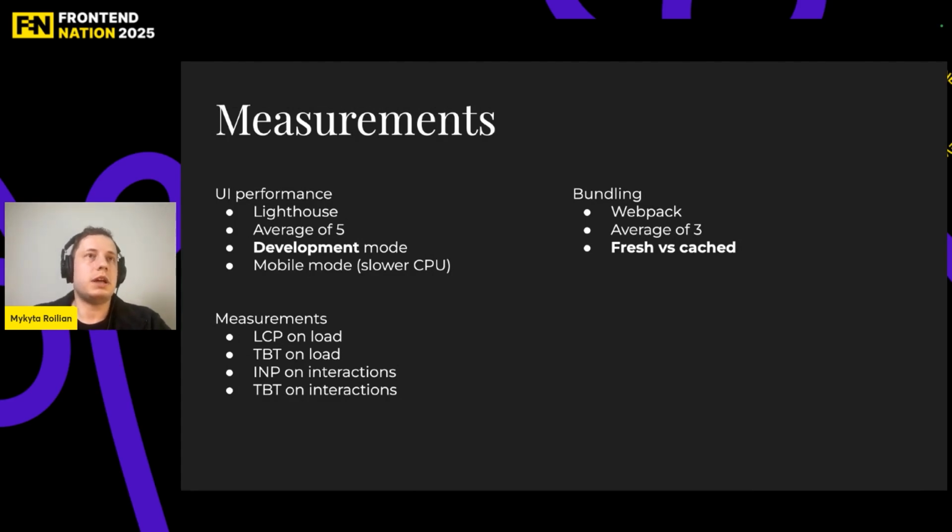For UI performance, I went as simple as Lighthouse, average of 5 in development mode, not production mode. Why? Just to show you the difference. So the deltas in percentages will be less in build mode. So development mode, just to exaggerate the difference. And it's mobile mode, slower CPU, again, just to make sure that we are not hitting the smallest changes,